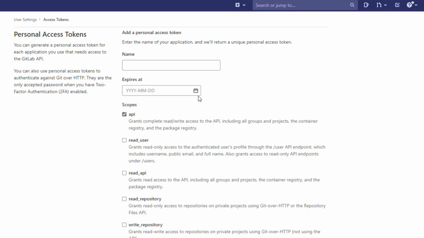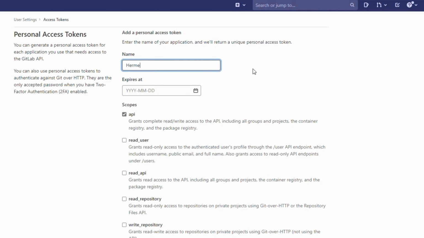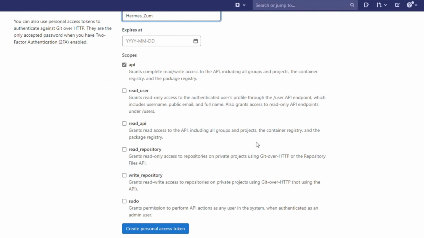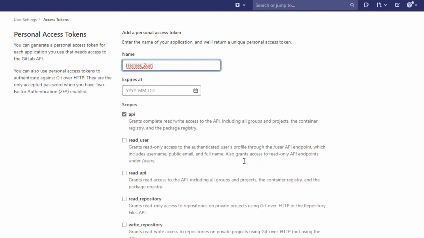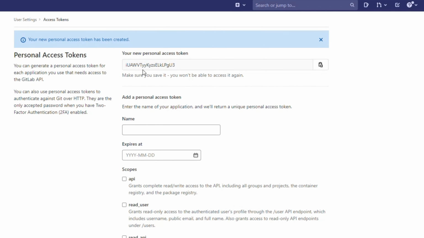You can choose the expire date. You need to create a name. And you click create personal access token. This personal access token key, you need to copy it and save it. Don't lose it.